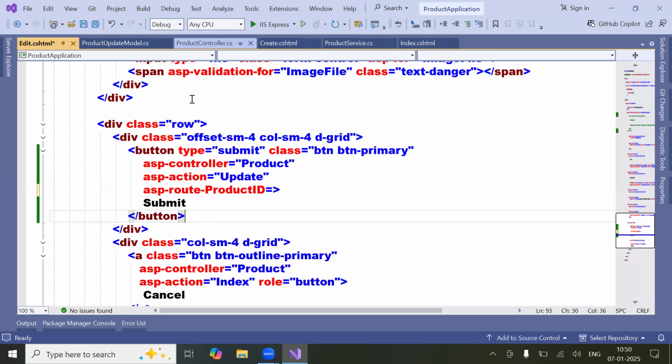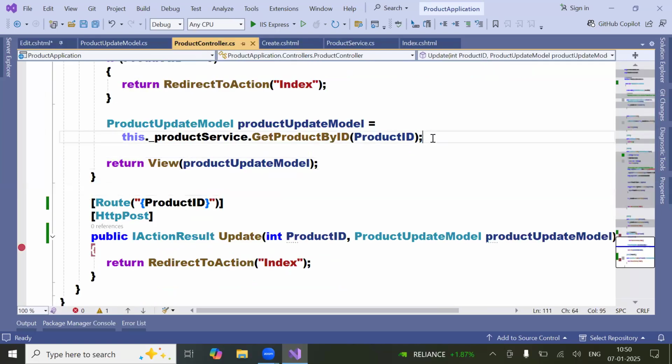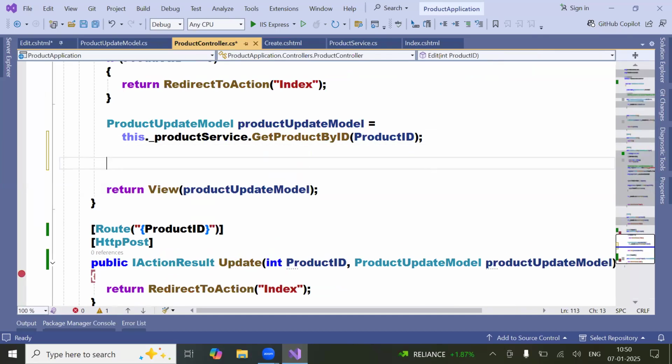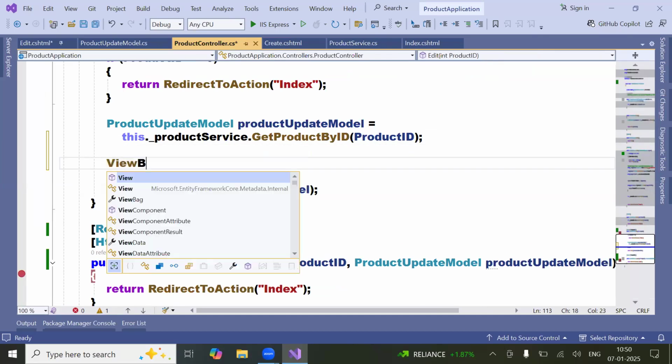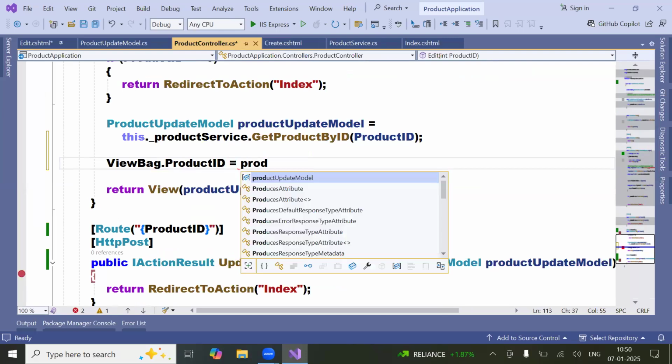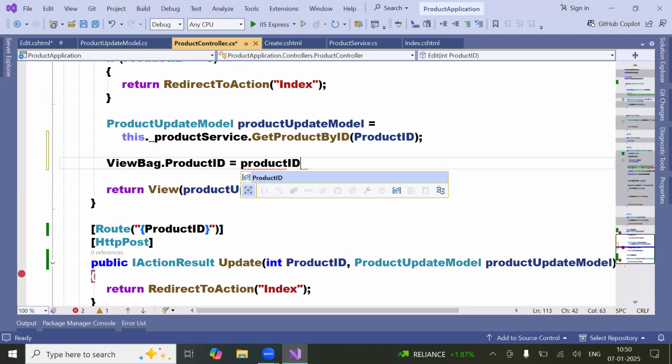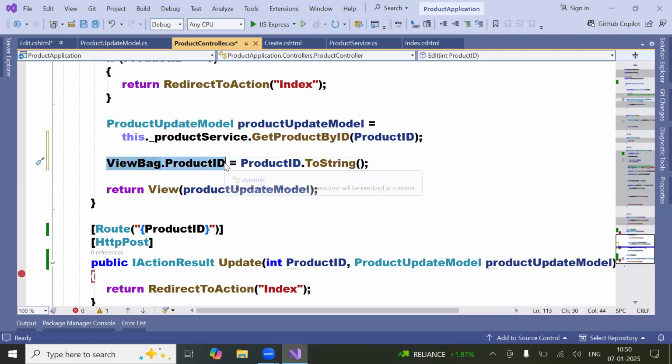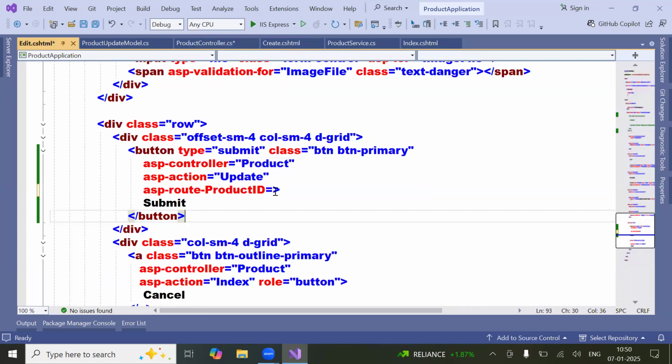What I'm going to do here in the product controller: ViewBag.ProductID equal to productID.ToString. Okay, and then I'm taking this one, copy. I say here at the rate